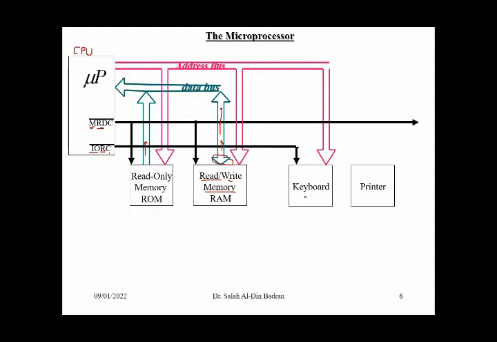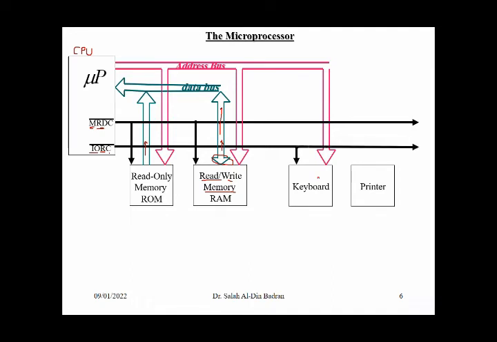Is the user now making calculations or hitting some keys? So this pin will send a signal telling this keyboard, okay, I'm ready to receive the data that the user is typing now. Send address